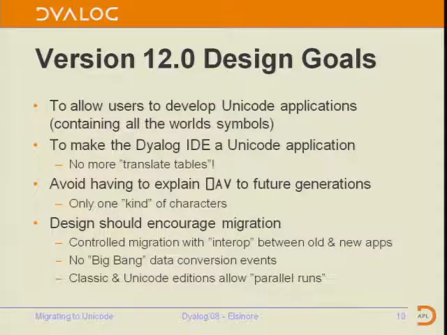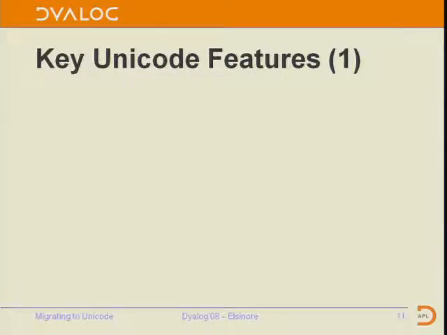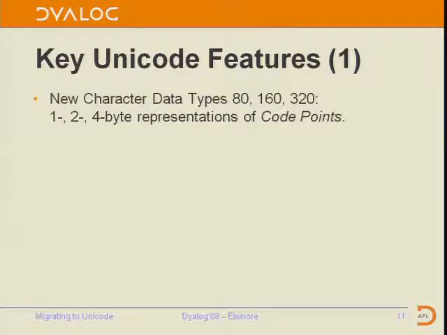So we wanted to make it possible for the old and the new world to interoperate. Although we don't have two kinds of characters in the same interpreter, we have two versions of the interpreter that can share data, share workspaces, component files, and so on. As usual, we think this is very important to our customers, that they don't have to convert all their data at once in order to use it with a new version of Dyalog APL. So we have a Classic and a Unicode edition of Dyalog APL from version 12. There are two versions of the product, and we'll get back to that in a bit.